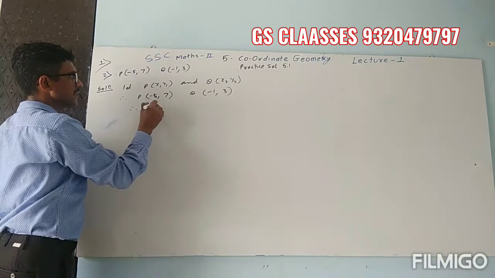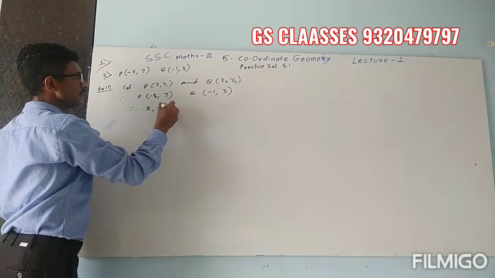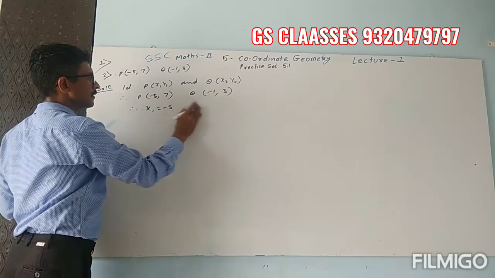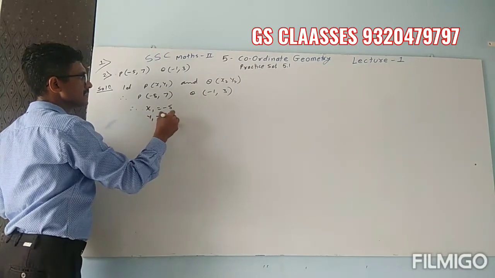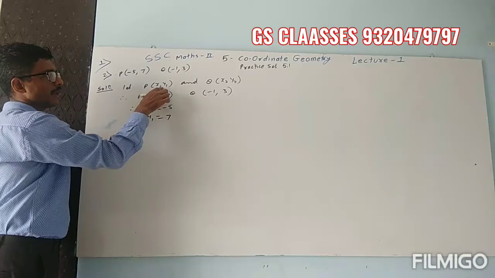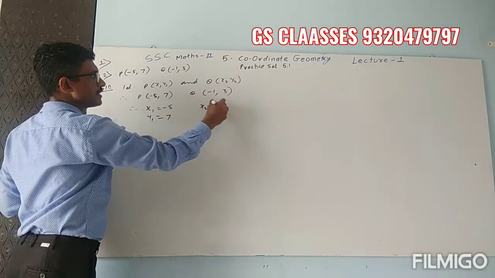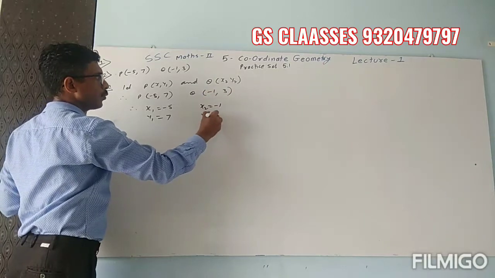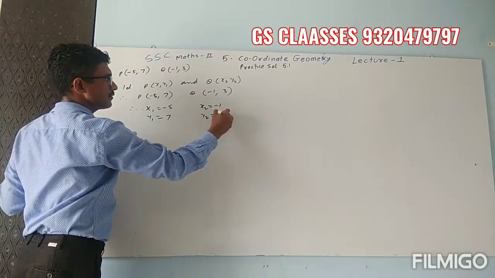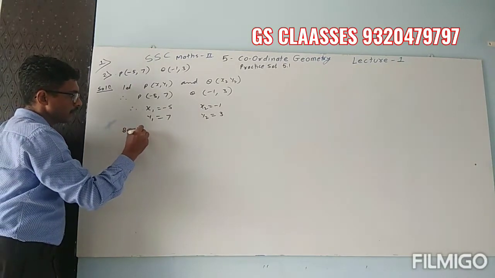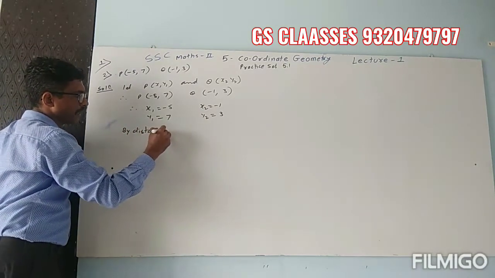On this basis, we can say that x1 is -5 and y1 is 7. Again, x2 is -1 and y2 is what? 3. Now we will write by distance formula,